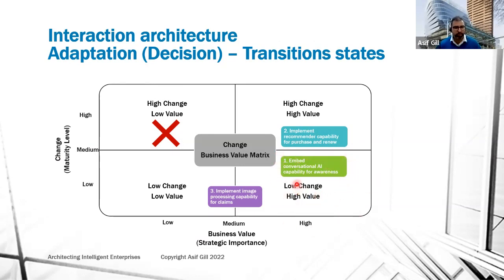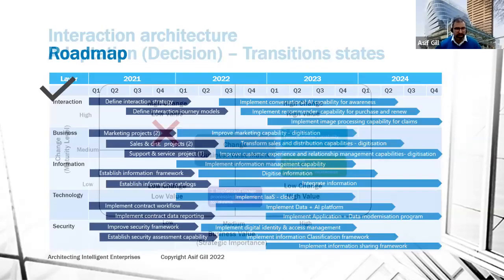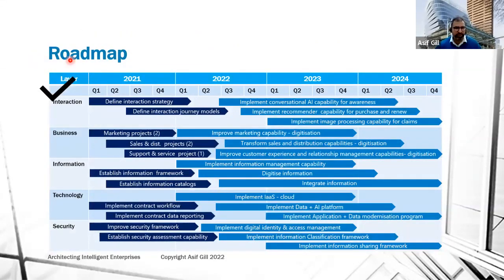These things we normally like to do first. And this probably second because there's more value around these boxes. Here we have a medium level of gain, a low level of gain. So that's why it's a third priority to implement that. And the things in this quadrant, high change but low value, we tend not to implement those initiatives or changes. So this is how you can plug in your data-driven initiative on a decision matrix, and then you can make decisions, and you can plug in onto your larger roadmap.